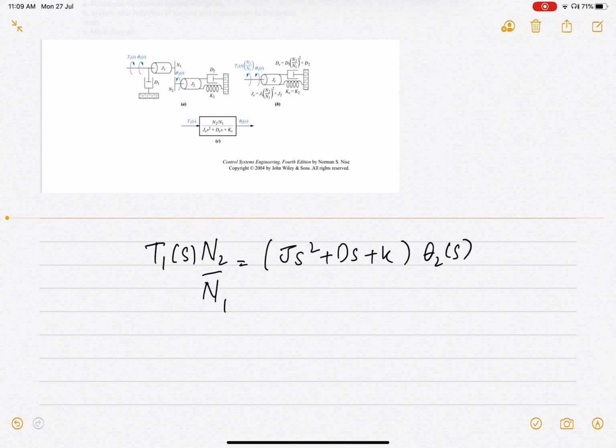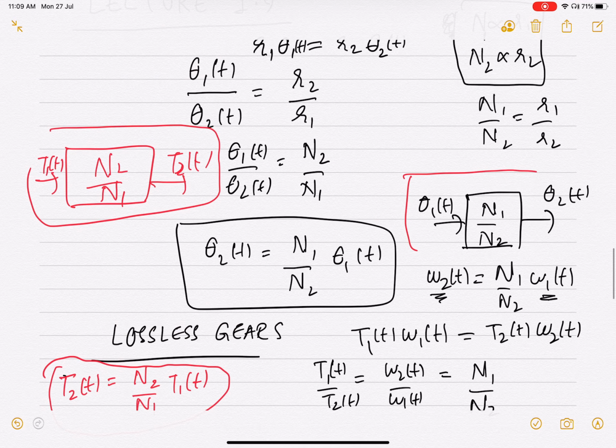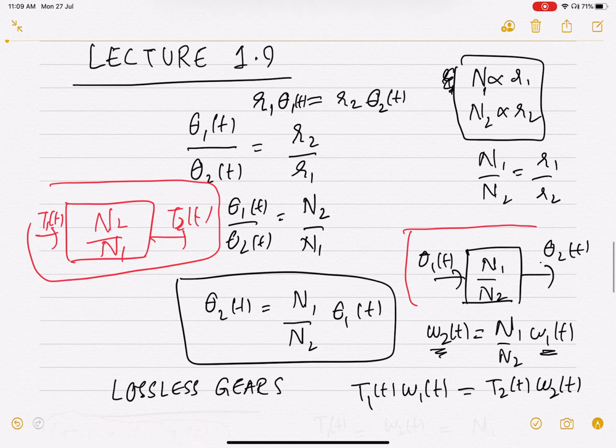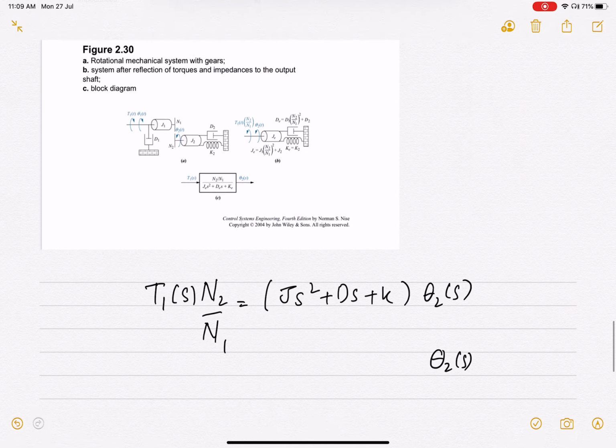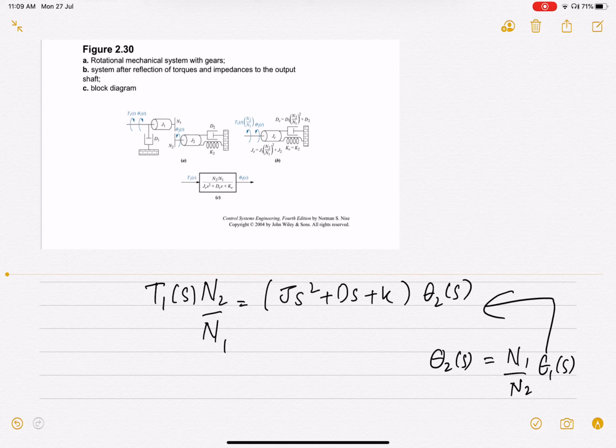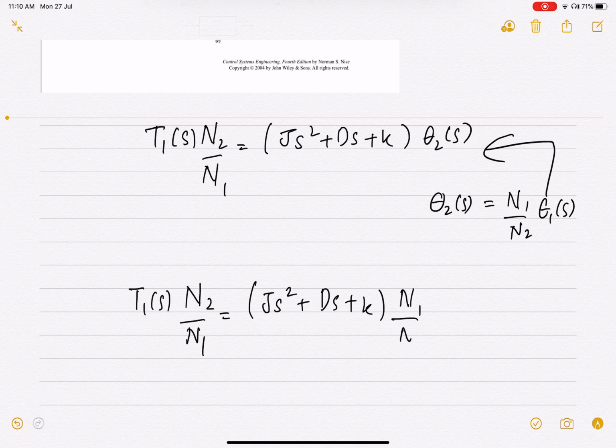We can write down theta 2(s) in terms of theta 1(s). We already know that theta 2 is going to be n1 by n2 into theta 1. So we can write this down: theta 2(s) is equal to n1 by n2 theta 1(s). So we can substitute this equation in this. And what do we get? We get T1(s) n2 by n1 is equal to Js square plus ds plus k, n1 by n2 theta